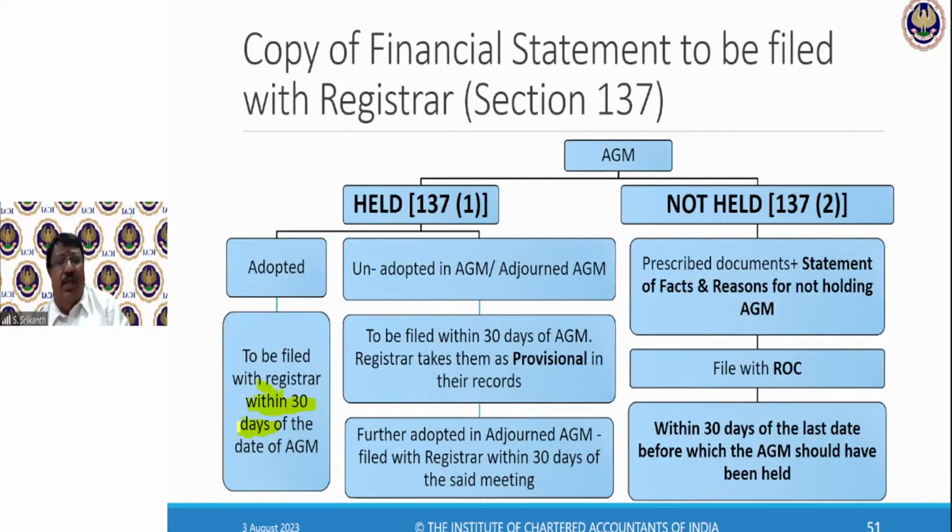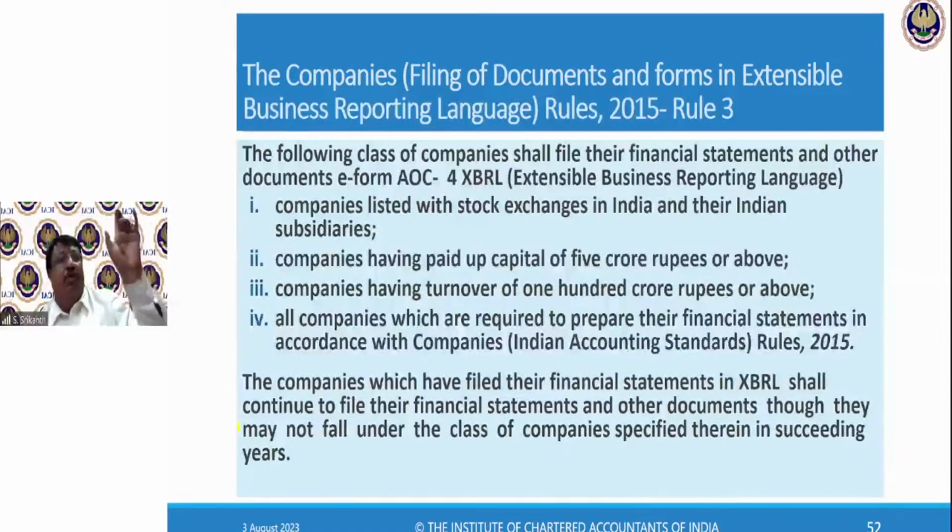Failure to file financial statements is a big issue. Later on, you'll be in trouble. Now, certain companies have to file their financial statements in a particular format. When you're uploading it, you should file it in a particular format called Extensible Business Reporting Language format, XBRL format. The idea is that once you upload it, from the position of the characters, the software will pick the data.